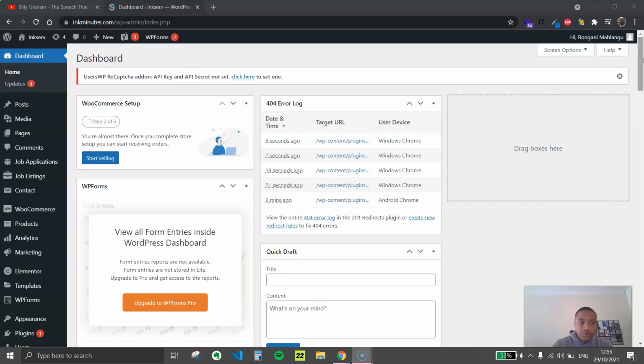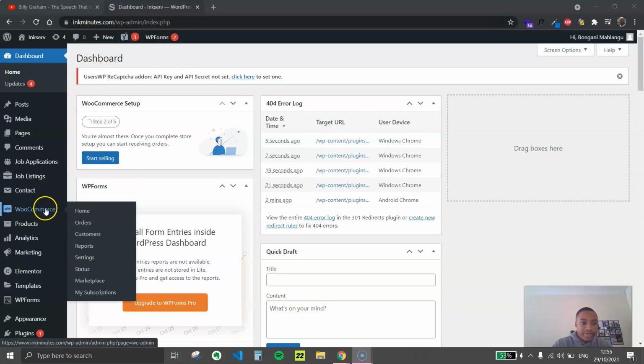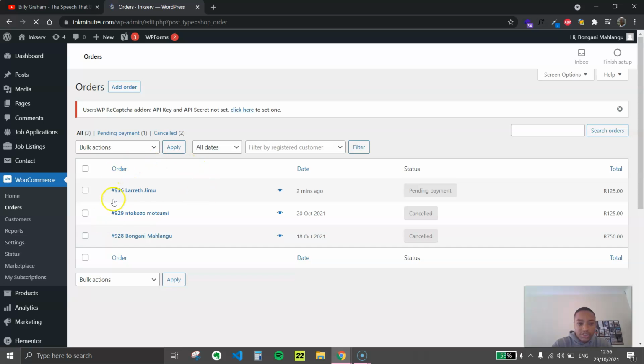Okay, so to view your orders, the first thing that you need to do is to log into your WordPress dashboard, using the login details that we gave you. And you come under here where it says WooCommerce, which is the e-commerce application we're using, and come under orders. So when you click orders, it will show you a list of all the orders that you have received. So you can see that the recent order from 2 minutes ago